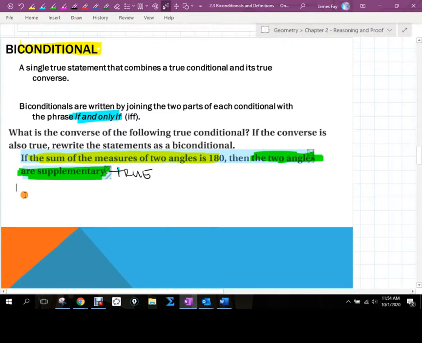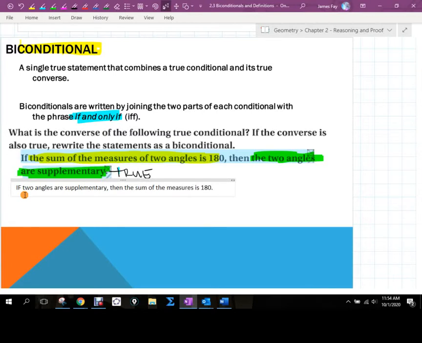So it's just easier for me to type this. And let's go, if two angles are supplementary, then the sum of the measures is